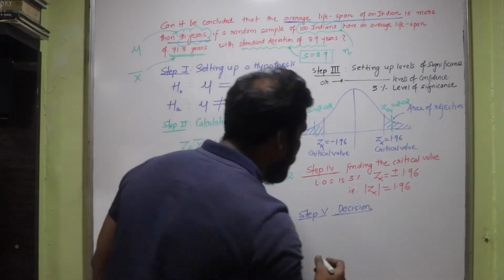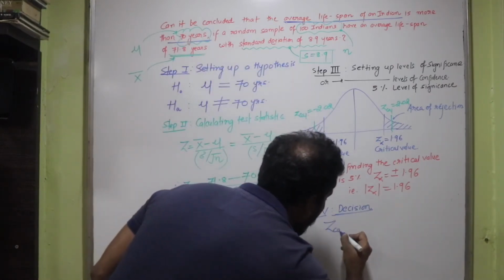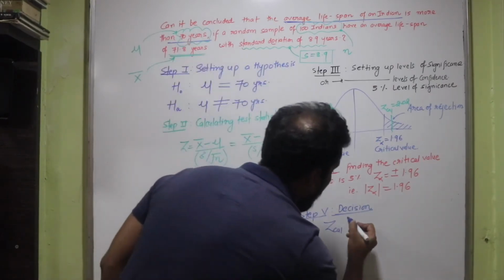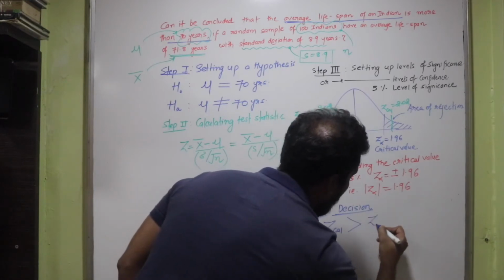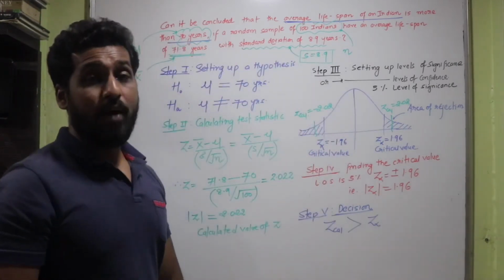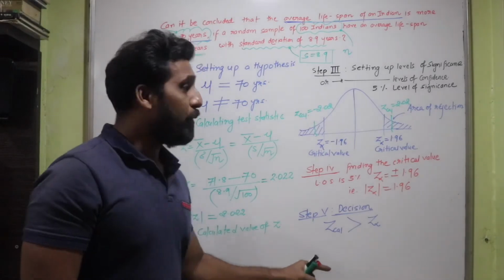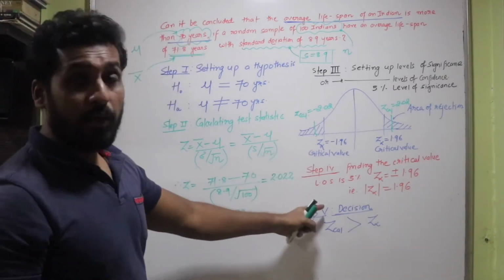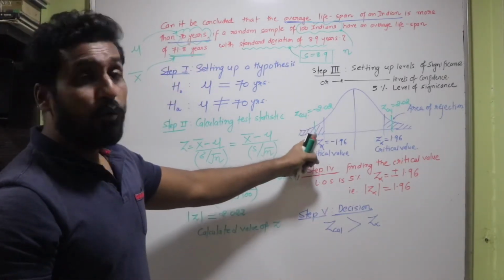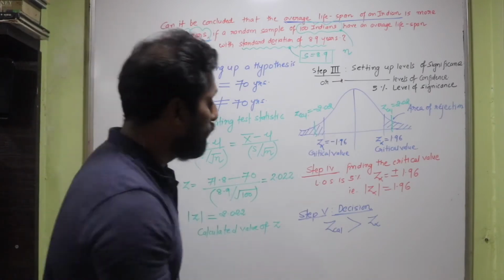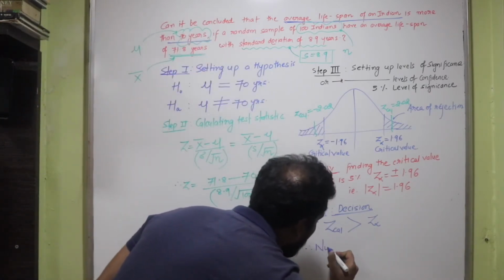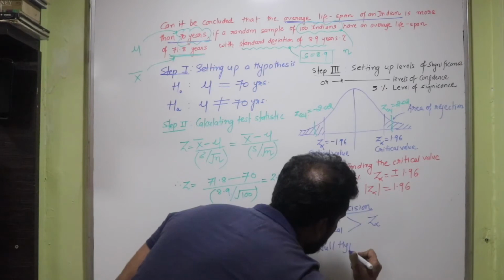I can observe here that the calculated value of Z is far greater than Z alpha, the critical value of Z. So when this happens, as you can observe, for 5% level of significance, the calculated value lies in the area of rejection. So therefore I can say the null hypothesis